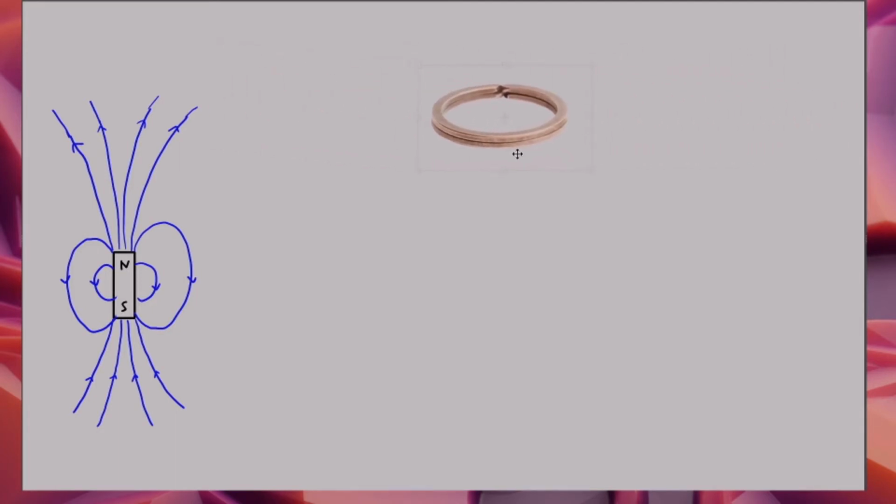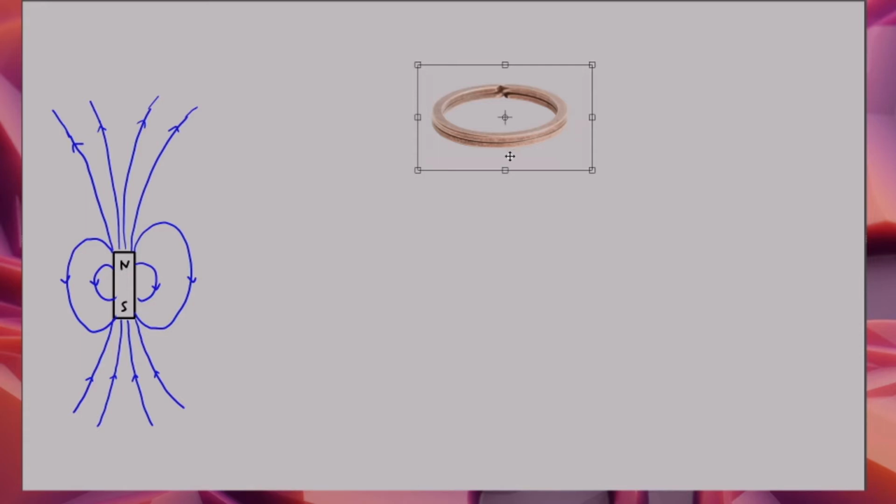Now, let me extend this just a little here, and also this one. Suppose now that you take this ring. Here's a metal ring. This one is specifically made out of copper, so it's a copper ring. It doesn't have to be copper, as long as it's made out of some conductive material, some metal, it will do. While it sits here in a place where there's no magnetic field, or any magnetic field that might be present here is very insignificant, so small and weak,